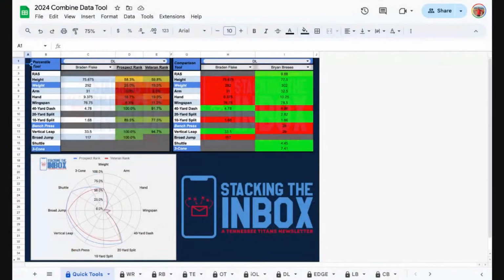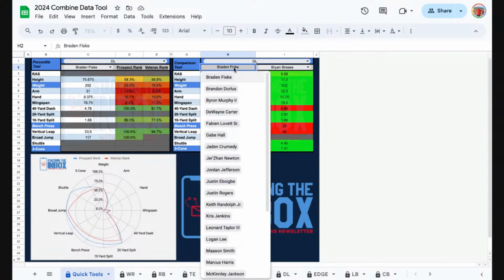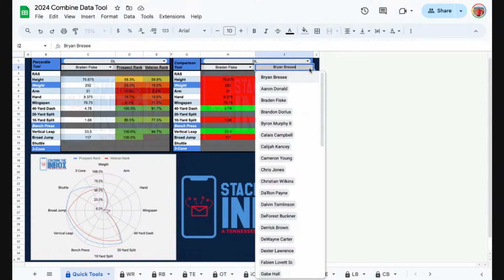As you can see, a little bit different interface from what we're normally used to at stackingtheinbox.com. I've added a radar chart, or a spider chart, as some people may call it. I've got two different comparison tools. I've got a percentile tool over in column B, and then over here I have a comparison tool where you can compare the prospects in column L, the first column. And in column 2, you can compare those prospects in this year's draft to